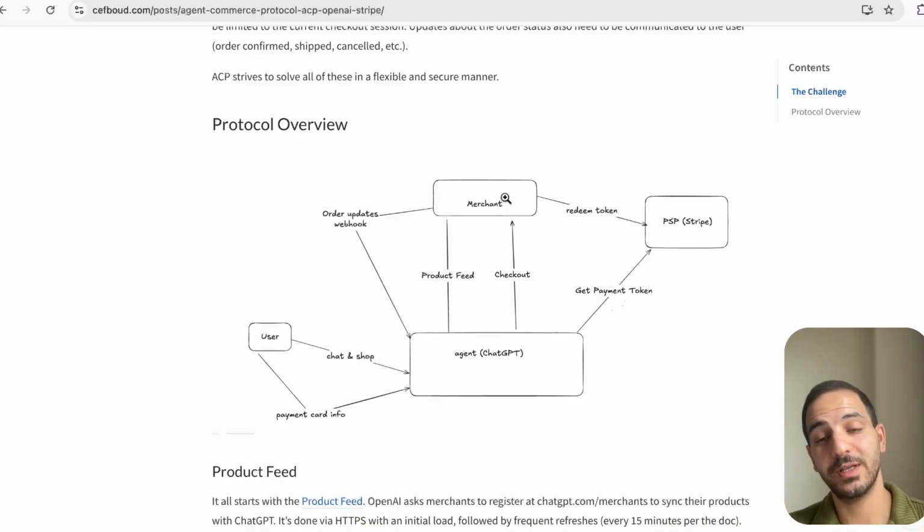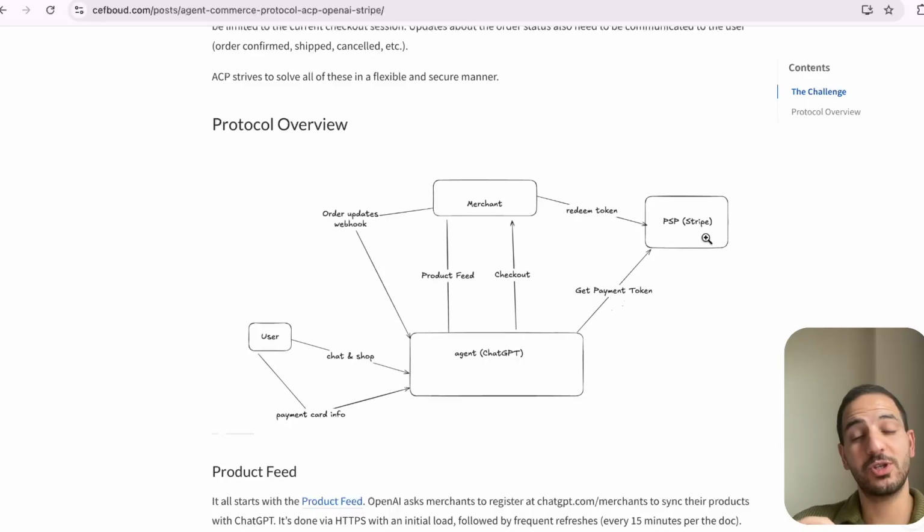Then the merchant is going to redeem that token with the payment service provider. Notice how the user's card information is never sent to the merchant, because there are multiple merchants, potentially some malicious or compromised ones, whereas the relationship with the payment service provider has more trust to it. And if the merchant is successfully able to redeem the token, then it's going to confirm the transaction,